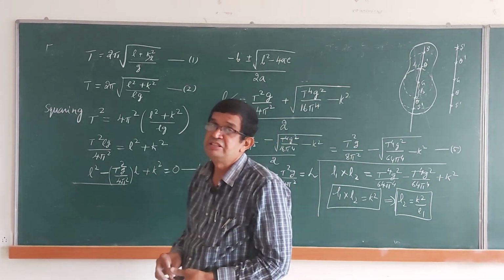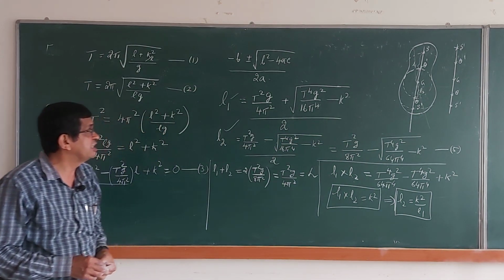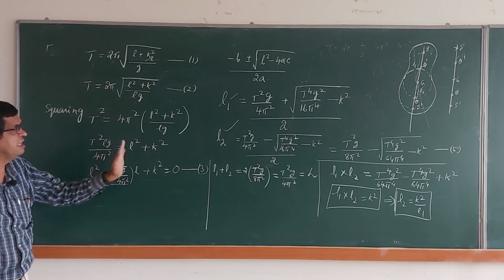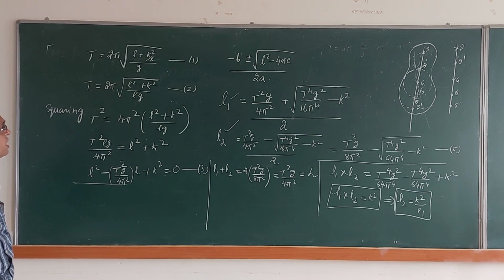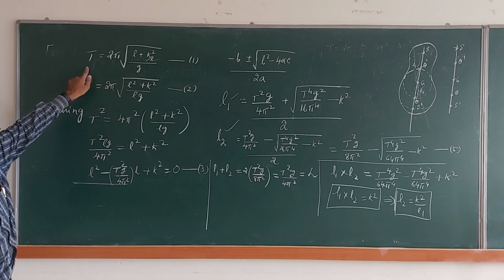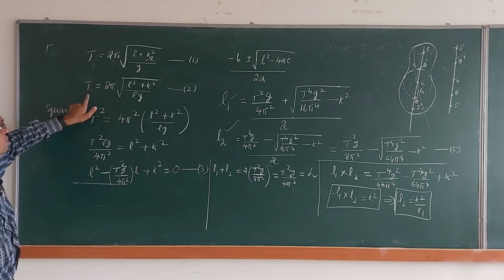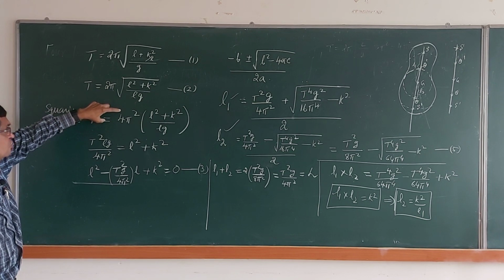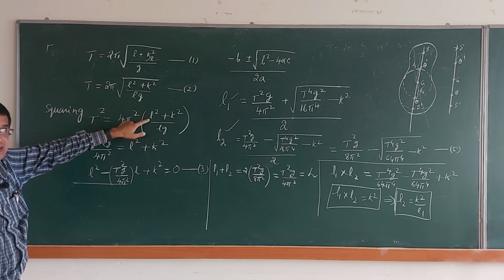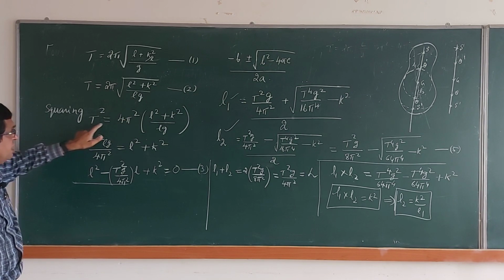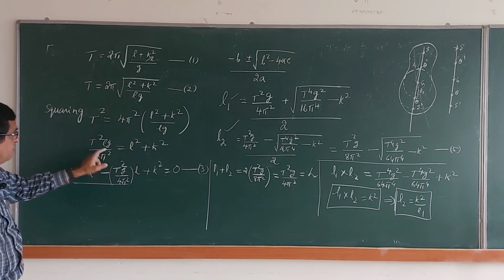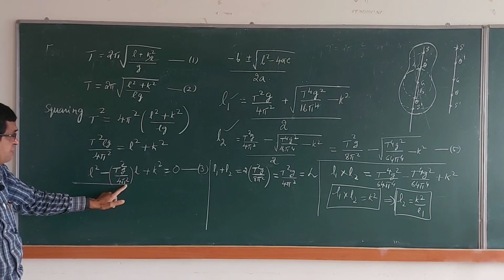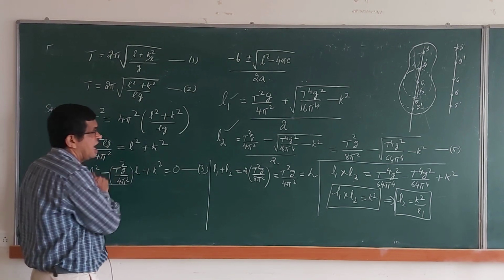Show that there exist 4 points collinear with the center of gravity about which the period is the same. Let us quickly discuss what we have done here to show that. We have the equation for the time period of the pendulum. We rearrange the equation; this is the expression for the time period. You square and rearrange the equation so that you get an equation quadratic in L. On squaring we have this, and rearranging we have this equation. L squared goes to the other side, therefore this is the equation. This is a quadratic equation having 2 roots.